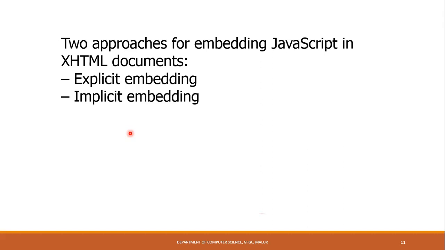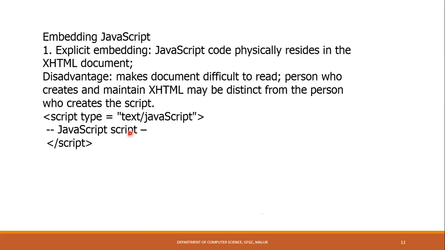Implicit means HTML code is separate, JavaScript coding is separate. Two different files I will write, and I will call the JavaScript program in an HTML, then I call it implicit. So explicit means one program which will have both HTML and JavaScript. Implicit means a JavaScript separate program, HTML is separate program. We will run HTML only, but JavaScript will be called in the HTML and it will work. Okay. So there are two ways. Any way you can follow. It's not that you need to follow one. You can follow explicit method also. You can follow implicit method also. So we will see how our explicit method works.